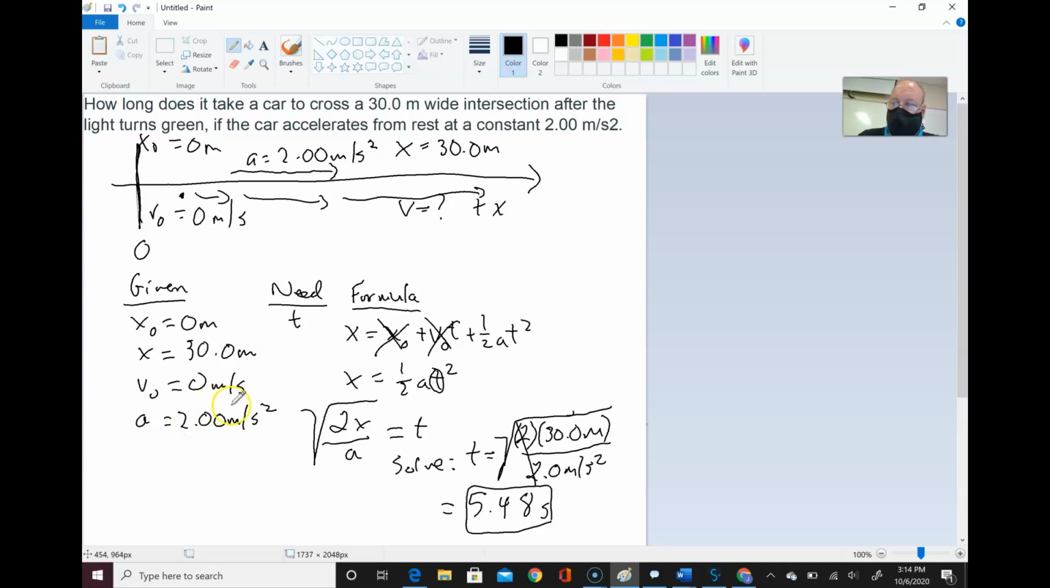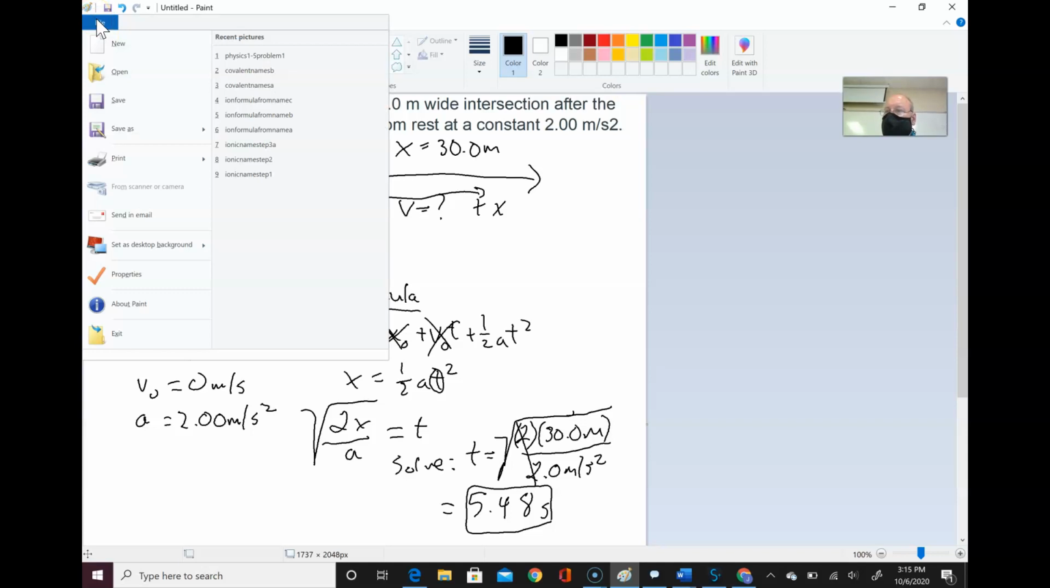And do I have a final velocity? No, I don't have a final velocity. This is the formula I have to use. And I just plugged the values in and solved it. Okay, there was no thinking required. So let's move on to